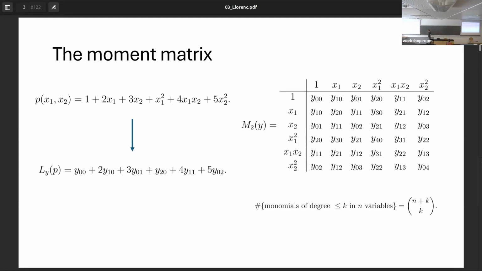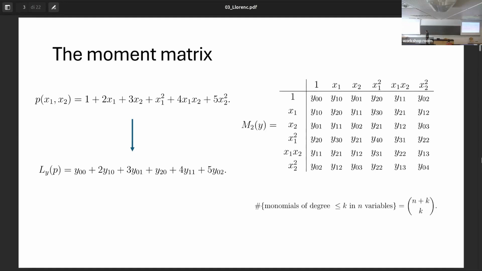Just an example. Imagine we have this polynomial here. We move to the probability measures, so we define these moments. Instead of the objective function being a polynomial, now it will be a linear function of these moments, as you can see. And we fix the relaxation order to be 2 for this example. And this moment matrix